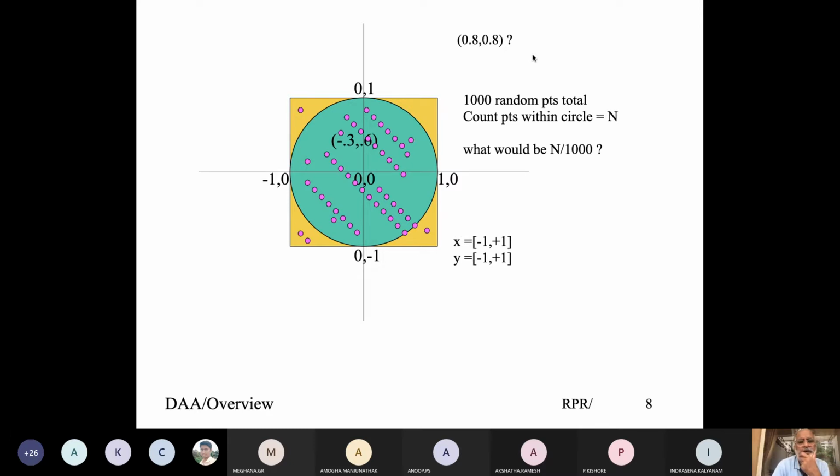How do you determine that this point lies within the circle or outside the circle? Because the coordinate values are lesser than the range of x and y, where x is -1 to +1 and the given value is 0.8. So 0.8, will it be somewhere here?